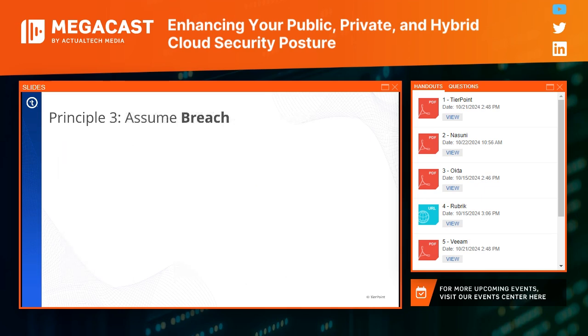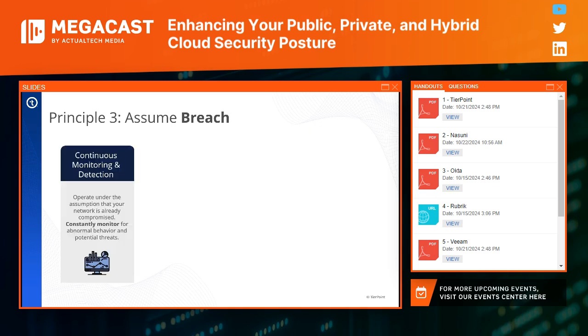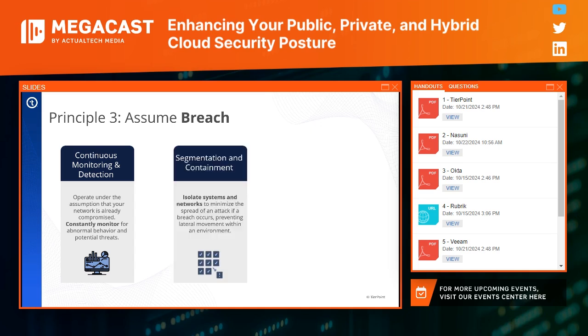Now, let's move on to principle 3. Assume breach. Always assume there are bad actors on your network. How? By always verifying. Remember principle 1? Always use least privilege. Principle 2. Always validate traffic. Gather signals. Flag anomalous behavior through continuous monitoring and detection. This could be through a SIEM, a security information and event management system,